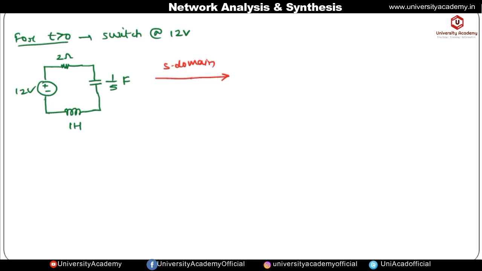In the S domain, this voltage source will be represented by plus minus, equal to 12 by S. The resistor in the S domain remains as it is, that is, 2 ohm only. The capacitor in the S domain is represented by 1 by Cs, and the C value is 1 by 5, so this will be equal to 5 by S. It was initially charged, and we have to consider a voltage source with the same polarity as the initial one, plus and minus. Initially the capacitor was charged to 8 volt, so in the S domain it will be represented by 8 by S.